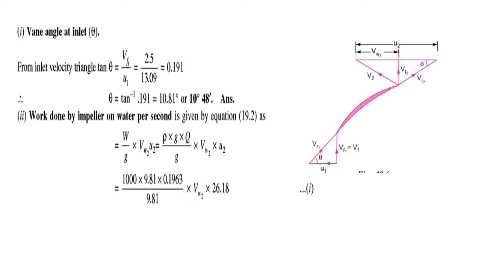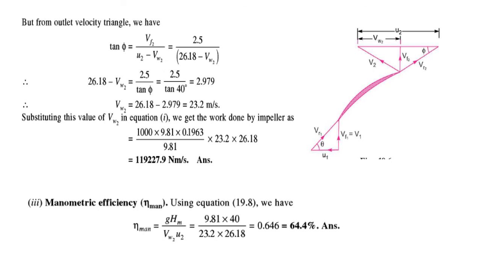We don't know the value of velocity of whirl at outlet. So velocity of whirl can be found from the outlet velocity triangle. From the outlet velocity triangle we have tan phi equals Vf2 upon u2 minus Vw2. So from here we can find out the value of Vw2, that is equal to 23.2 meters per second, and putting this value of velocity of whirl at outlet in the previous